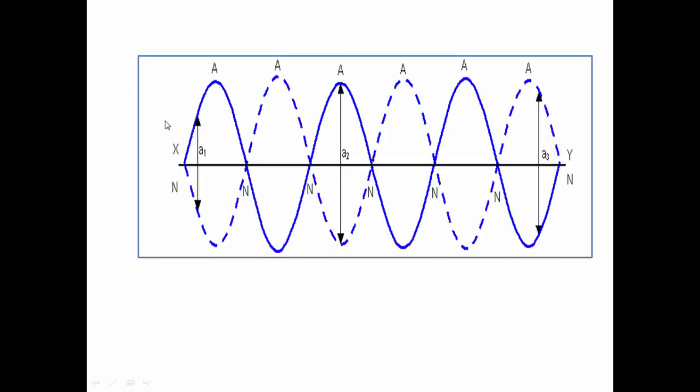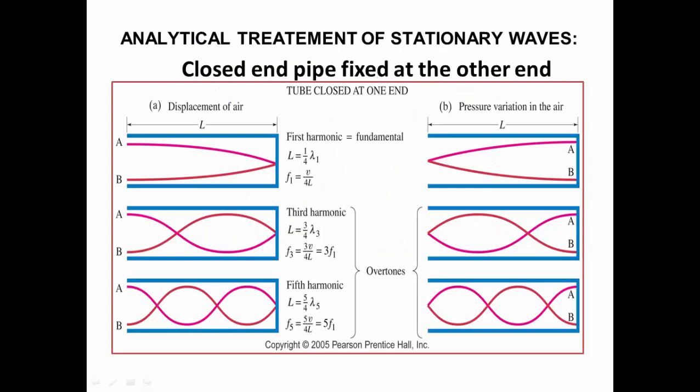This is the standing wave pattern. We consider here the interface. This full line indicates the wave coming in this direction, and the dotted line indicates a similar wave traveling in the opposite direction. When they interfere with each other, we get such a type of pattern. This pattern acts as a standing wave. These are the nodes, and in between the nodes there is an antinode. So this is the standing wave pattern.